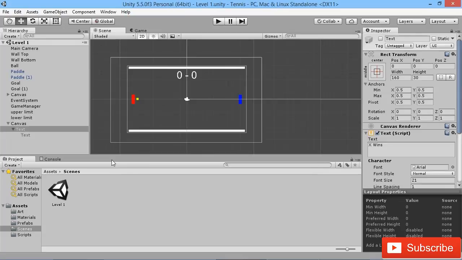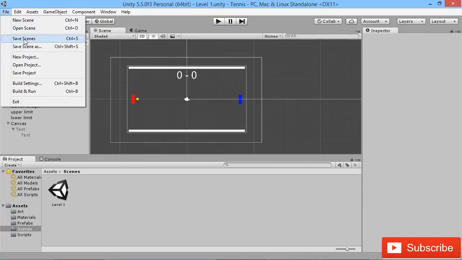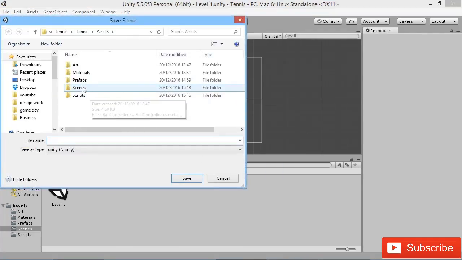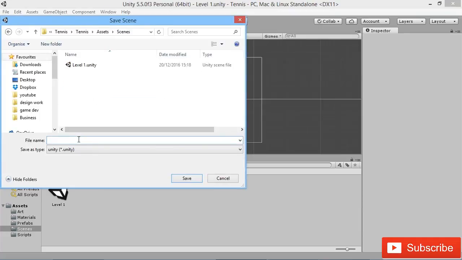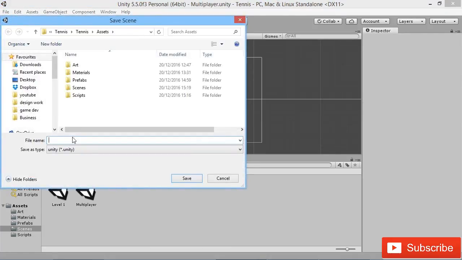So to do that, the first thing we're going to do is save our current scene as a new scene. We're going to go to save scenes and then save scene as, make sure we're in the scenes folder, and we're going to save this one as multiplayer. And then we're going to save it again. We're going to say save scene as. In our scenes folder, we're going to save it as